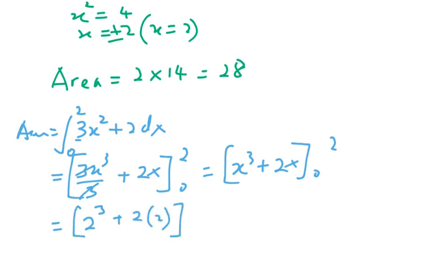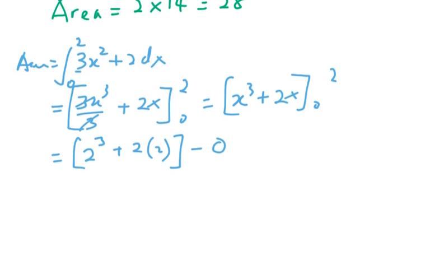Putting 0, you will get the whole part as 0. With this, you will be able to get your answer as 12. So to get the area of the shaded region,